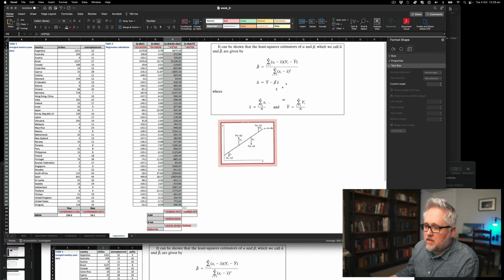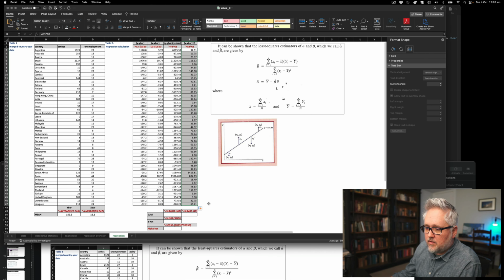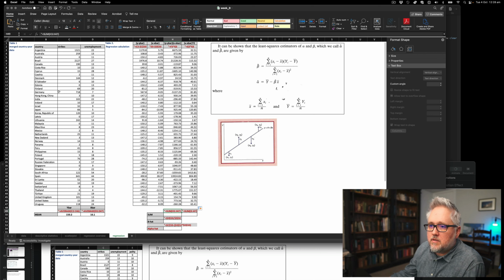Bring that down. And now we're going to do the denominator, which is the difference between the observed values of x and the average. Drag that down so you have all those different values. And now what we need to do, because to calculate the slope coefficient, you have to sum all those different values for all 45 of the different observations. Like here at the bottom, we had average values for the x and the y. Here we're summing these two different columns.